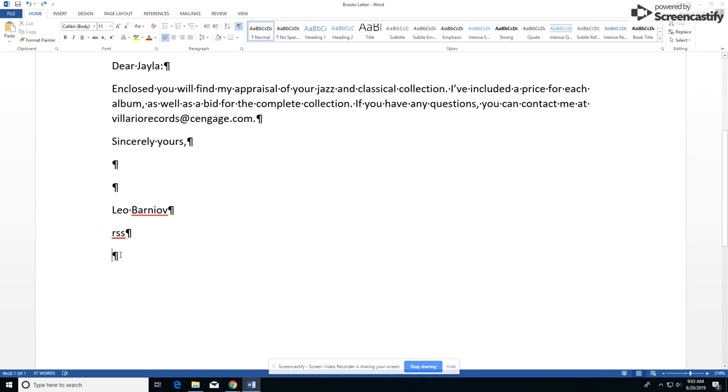On step 7, then, it just tells us to go ahead and type in the word enclosure, because we're going to enclose that appraisal that we did of her vintage records. And then on step 8, it tells us to go ahead and save the document. Now, when I